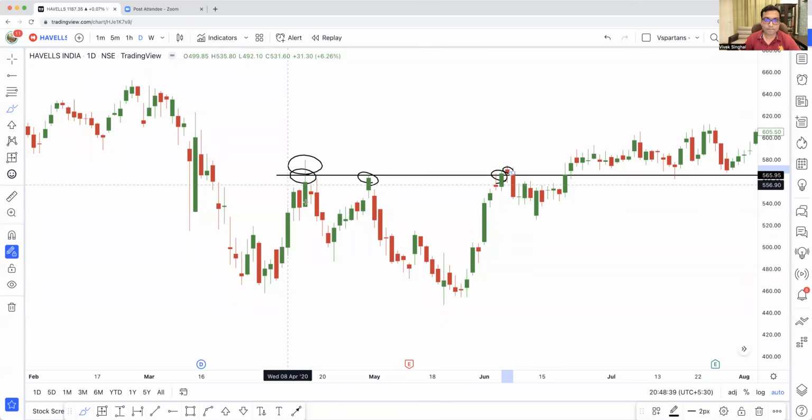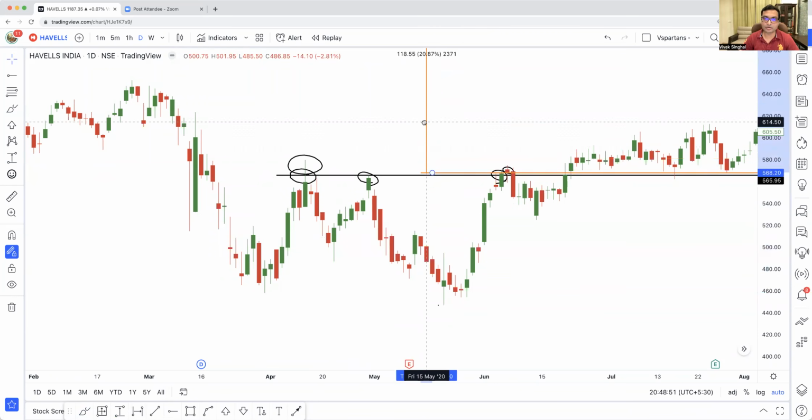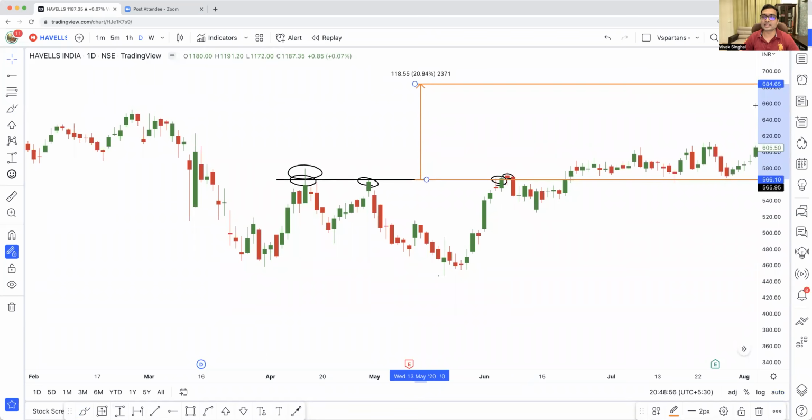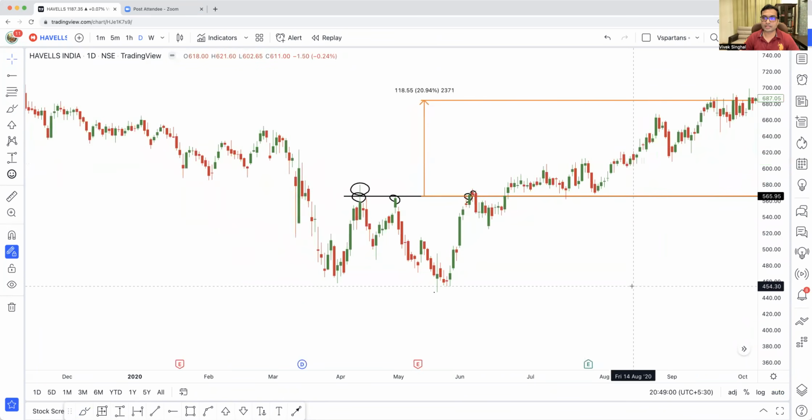Now, here we are taking the measurement from the lower level of the head till the neckline, and we will be plotting it on the upside. So the target is 684. And the target was achieved very soon. However,